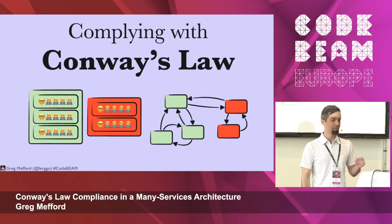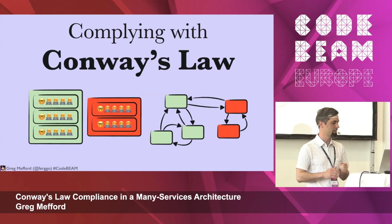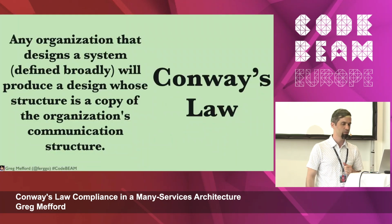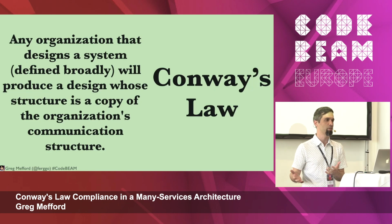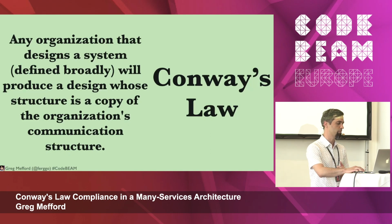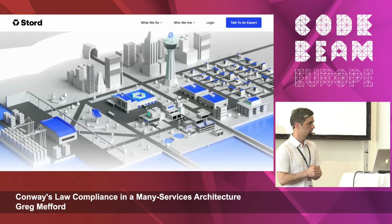So today we're going to be talking a little bit about Conway's Law. Probably many of you are familiar with this concept already, but I'll give a real quick intro here. Basically, Conway's Law dictates that the things that you build are probably going to closely mirror the organization structure in which they were built. So I work at a company called Stored, where we're building what we call a cloud supply